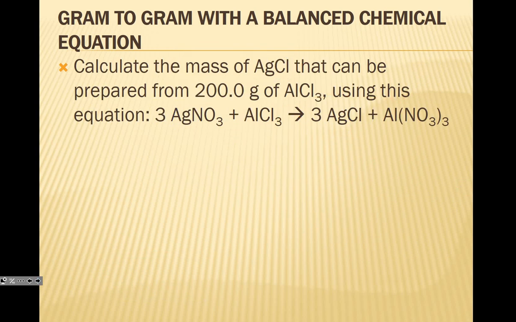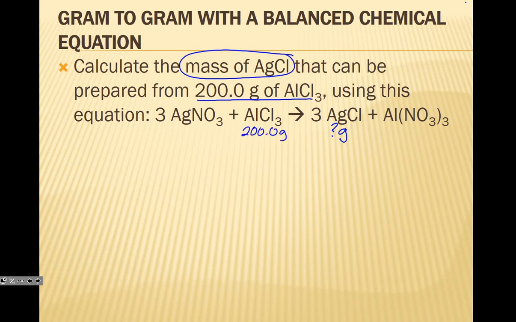Reading through again. So use my little technique here. Calculate the mass of AgCl. That's what I'm looking for. What do I have? 200 grams of aluminum chloride. So now I put them underneath each one. So AgCl is right here, so I'm going to go question mark grams and 200 grams of